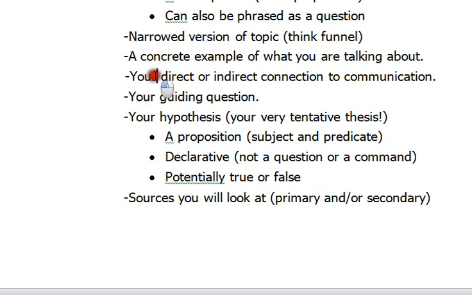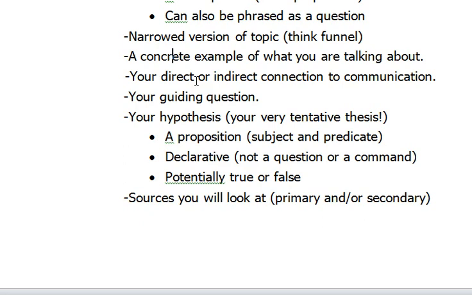Now, don't forget, I need somewhere in your paragraph to show me how you're connecting to communication, either directly or indirectly. So that could be a sentence somewhere. I think that these two, this is how you ought to open it, with this and with this. But then, actually, you might want to open it with a concrete example. So I'm going to say there seems to be, in the way that I've ordered these right here, a sort of a natural order. And I wouldn't mind at all if you kept that order. But if you look at your paragraph later and say, I really want to arrange it a little bit here, that would be fine. It probably would have worked well.